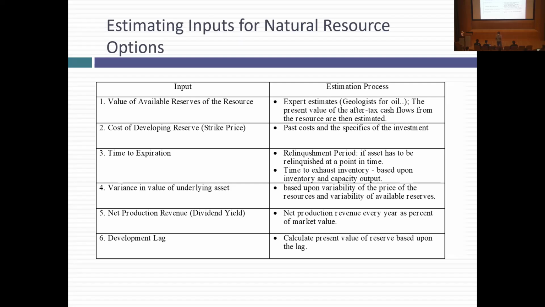So I'm going to up the ante. I'm going to say, once the reserve gets viable, you can wait if you want, hoping. But if you wait, you give up the cash flows you could have made from developing the reserve. That becomes like a dividend yield, what you give up by not developing the reserve. And finally, there's a practical issue you run into,